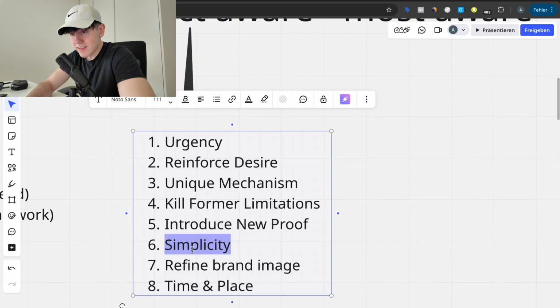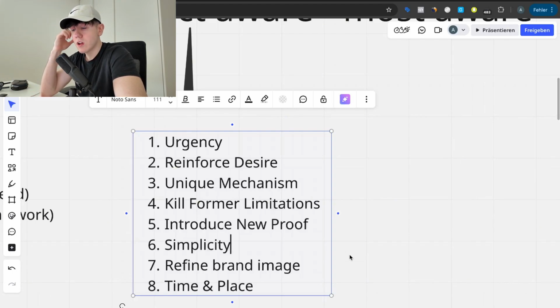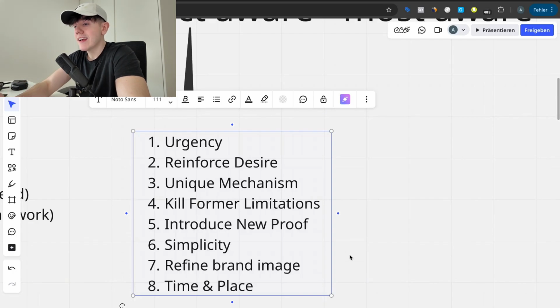Simplicity is probably the craziest direct response element that you will ever find, and it's just presenting, first of all, how easy it is to reach the dream outcome when someone actually takes your offer. So you have all the free gifts, all the ebooks, all the explanations, all the guides, all the tutorial videos for your offer, on how to actually properly use it. People will always ask themselves, okay, well, how do I actually use it, or how often do I use it, and how much, how intensely, everything.